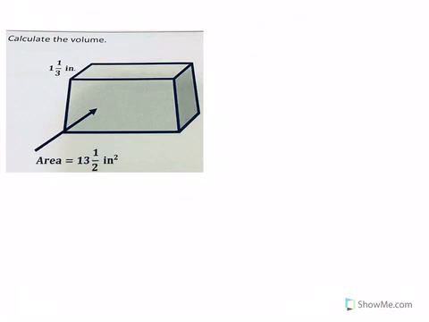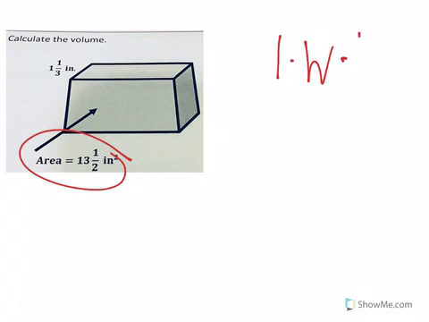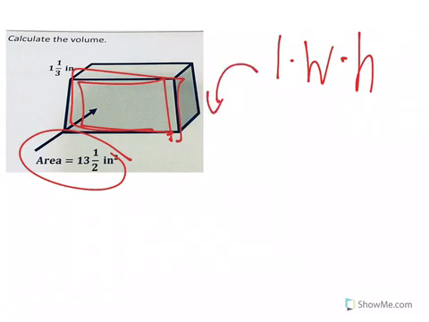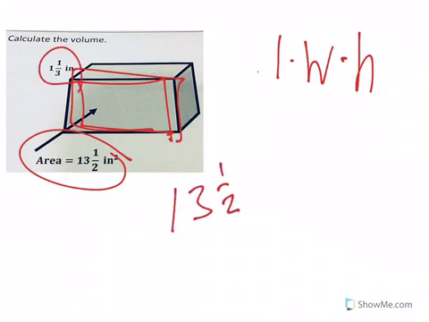Let's do one more. Once again, they've given us area. We don't have the length times width times height that we'd like to have, but we do have enough information because we have the area of 1. It doesn't matter which face you have as your base, right? So if this is our base, you can imagine flipping it over, and it would be on the bottom. But it doesn't matter, because if that's our base, then this could be considered our height. So we end up with 13 and 1/2 times 1 and 1/3, which, to do that, I'm going to do